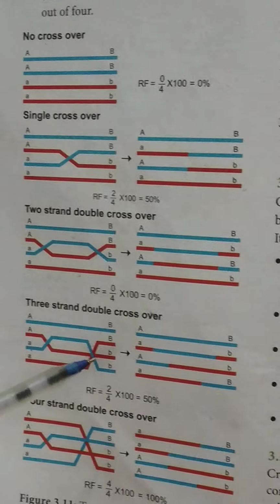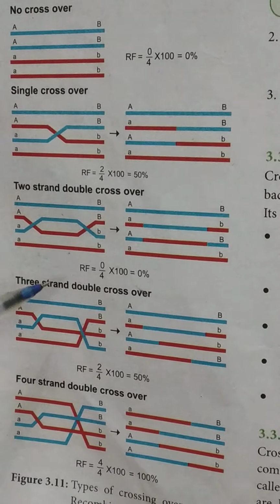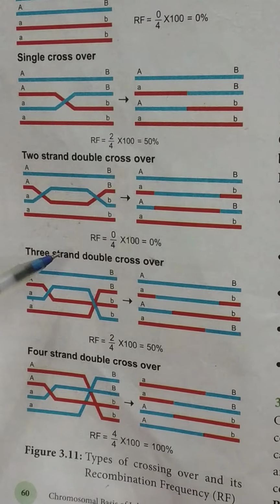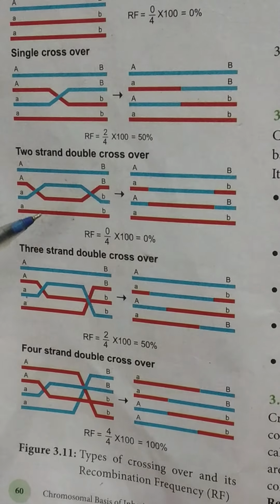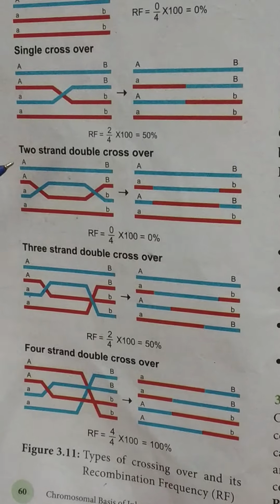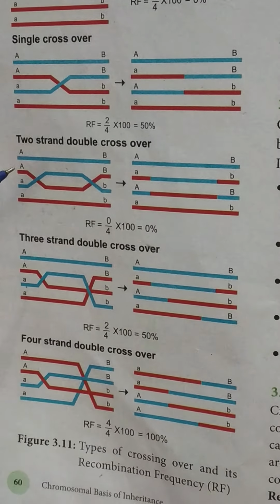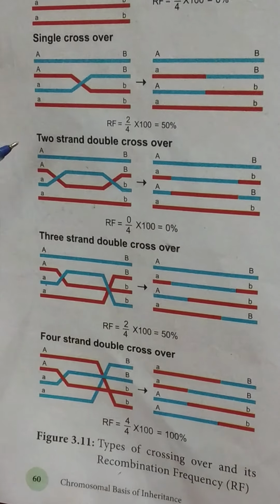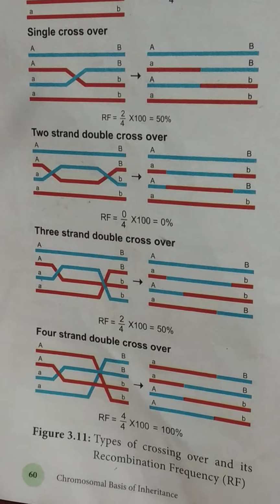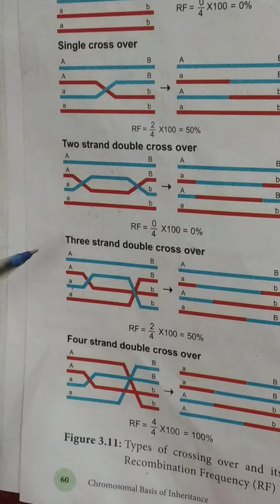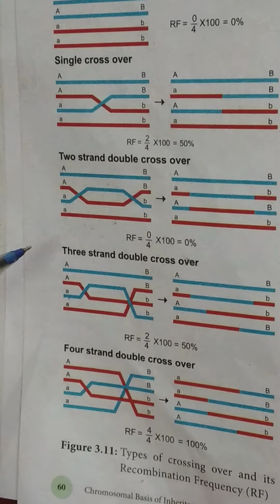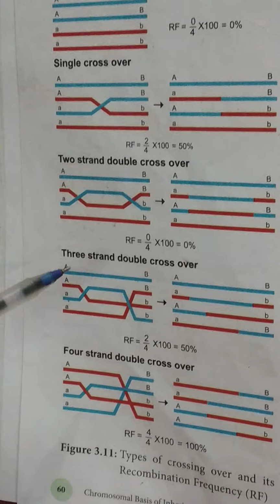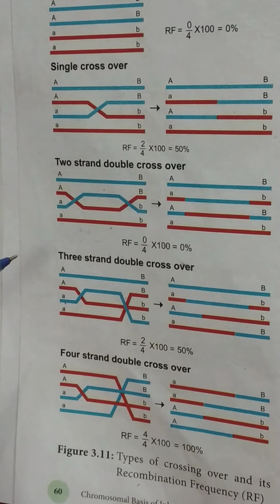Now what are the significances of crossover? Crossing over helps in the formation of new varieties, recombinants, because of the exchange of chromosomal segments, and it helps in the process of evolution. Second, crossing over helps us to study the linear arrangement of genes on the chromosome, how they are arranged on the chromosome. The third significance is that crossing over helps to frame the genetic map. Distance between the genes can be studied.